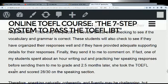Right? So of course when you're doing the TOEFL exam, you cannot take 30 minutes to prepare your response. But what I'm saying is, as you do this practice now and not later, you get more and more confident and comfortable with your own vocabulary, with your own grammar, with your own pronunciation, with your own organization, with your own details, your development, and so on. It becomes more and more natural to you as you practice, and then when you take the TOEFL exam, it's not so bad. Alright, in conclusion,